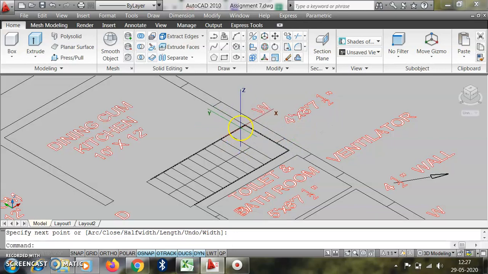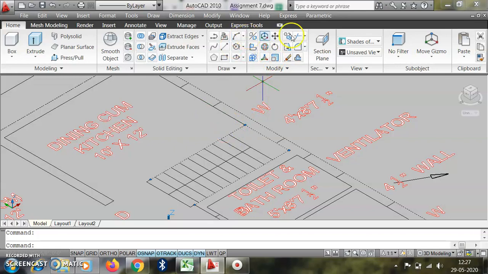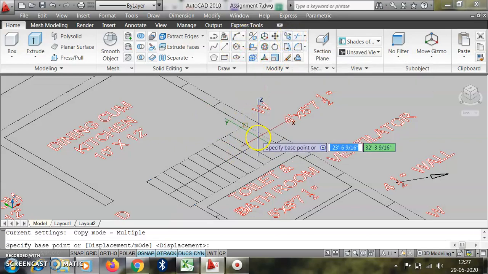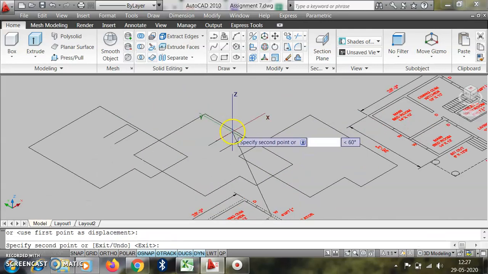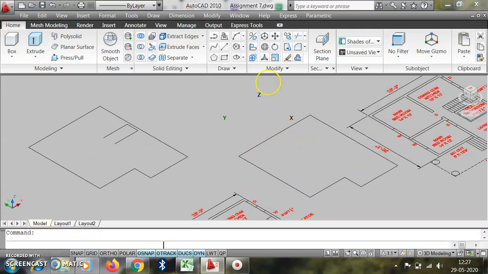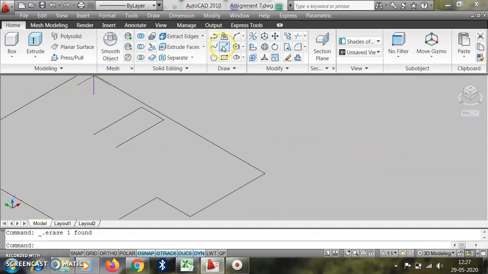Enter. Here we have to copy both of these points, shift and click on this one, copy both the points and take them to a separate position here. Then we can close this part, and with the help of the line command we join these two specific points.